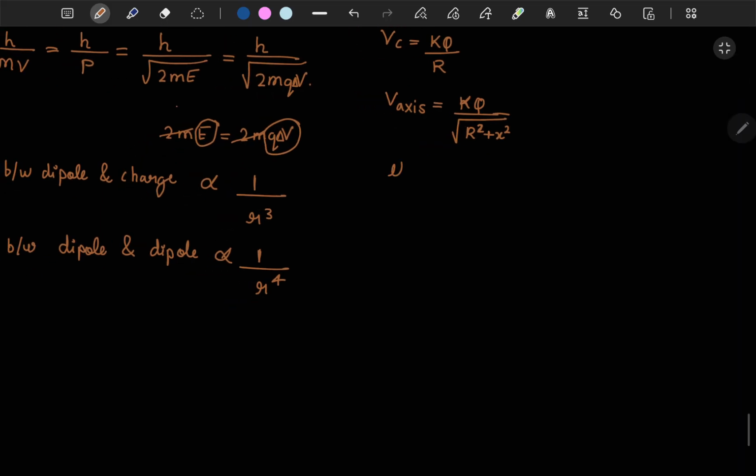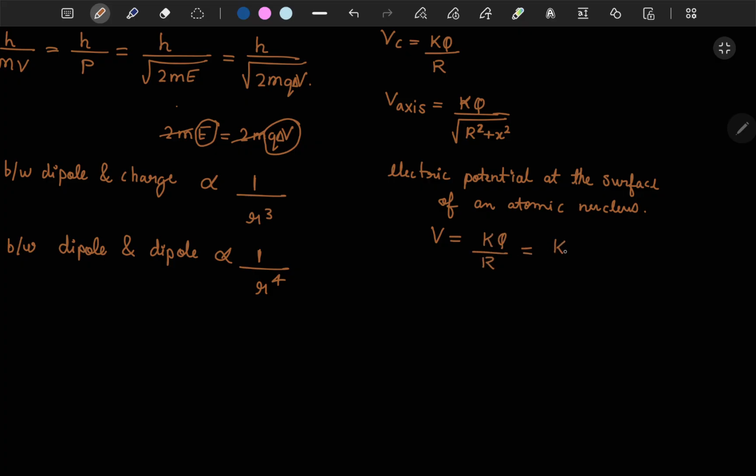Moving ahead, electric potential at the surface of an atomic nucleus. As we say, the potential at any surface is kq by capital R only. At the surface of an atomic nucleus, the atomic nucleus is also spherical in shape. So it is given by kq by capital R, which is equal to kZe upon R, because q is